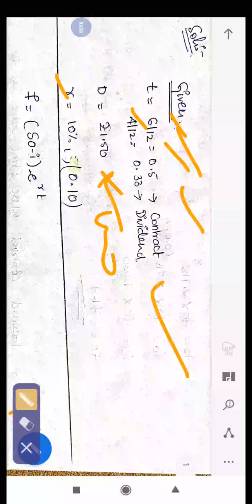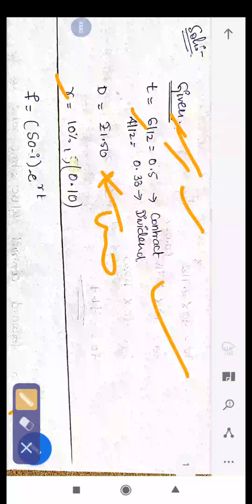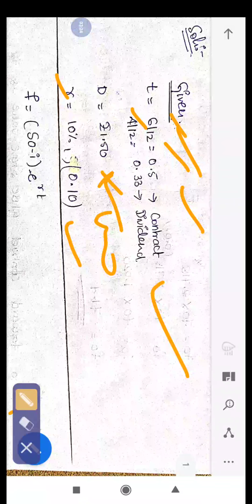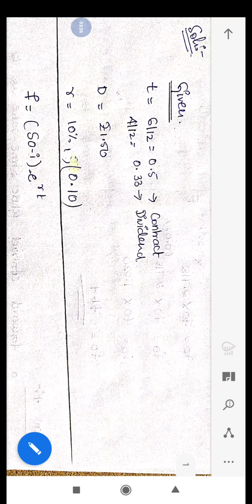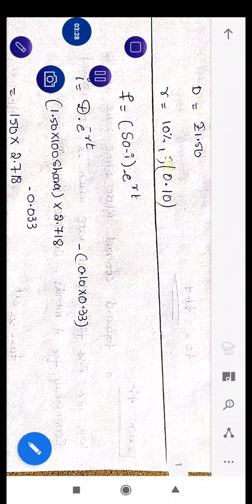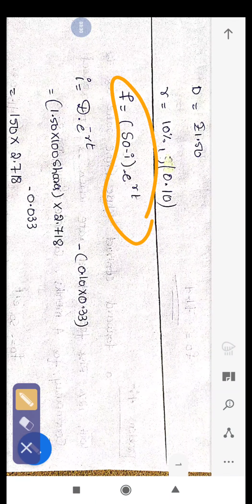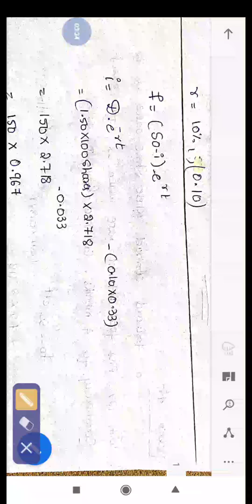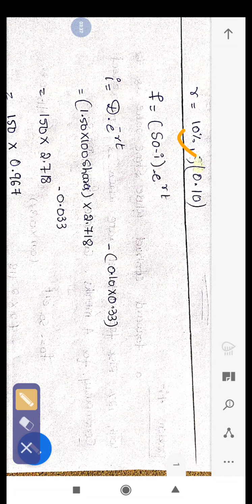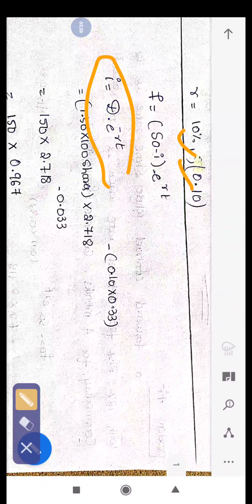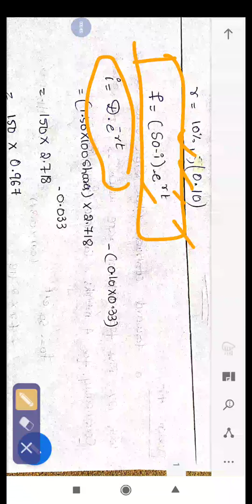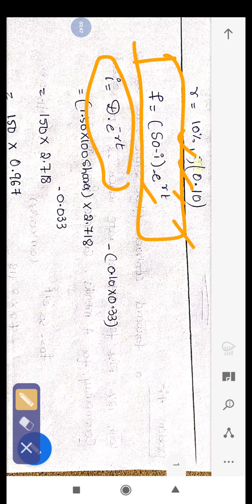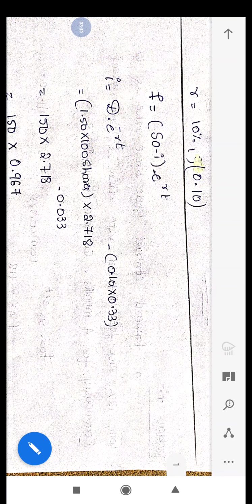Next, the interest rate is 10%. 10 by 100 means 0.10. Next, the formula we have to use is, as I have already told you, the I formula. Here S0 means the share value. I means this one. e means log value, with rate of interest and maturity. So for calculating the value of this contract, first we need to calculate I. So what is this I?